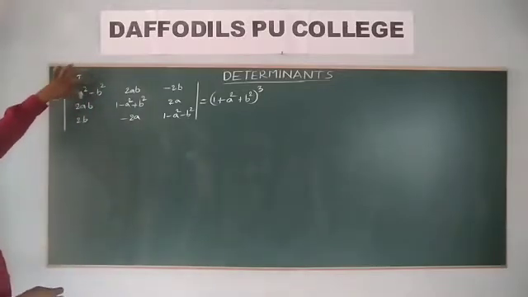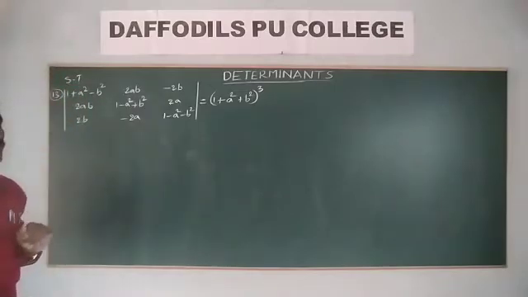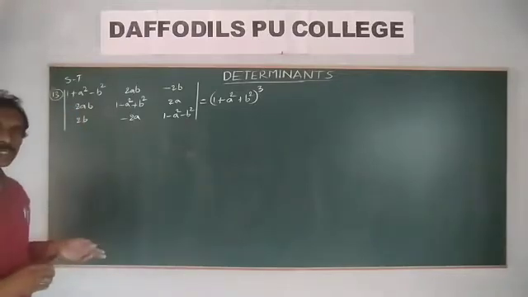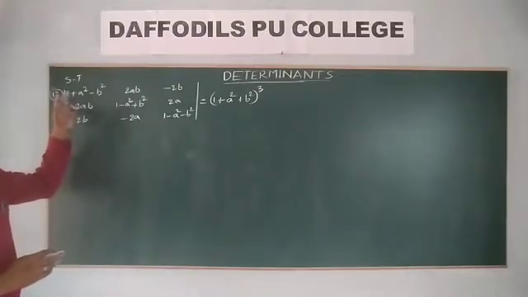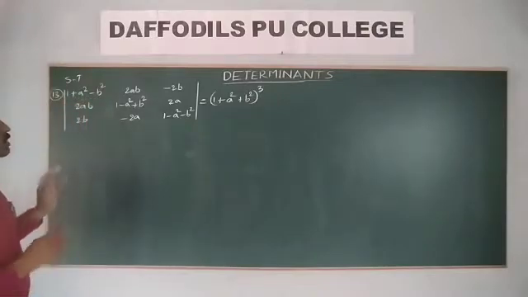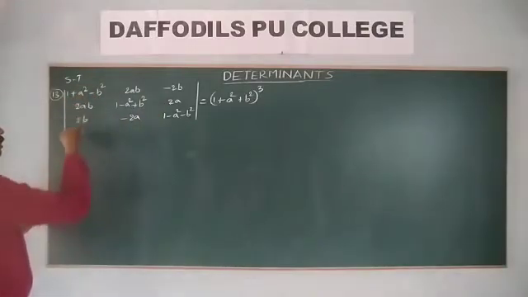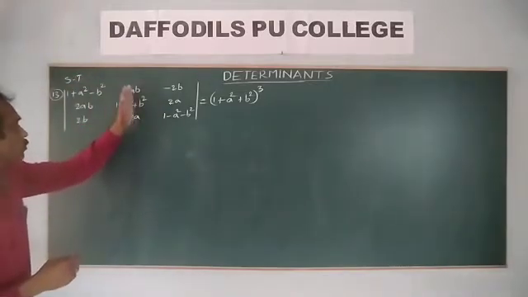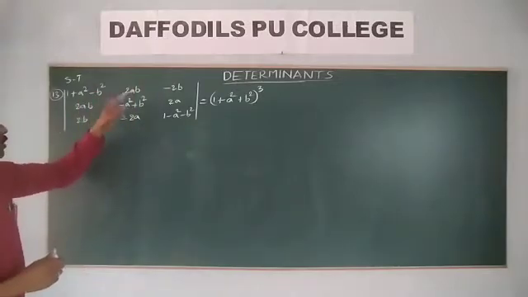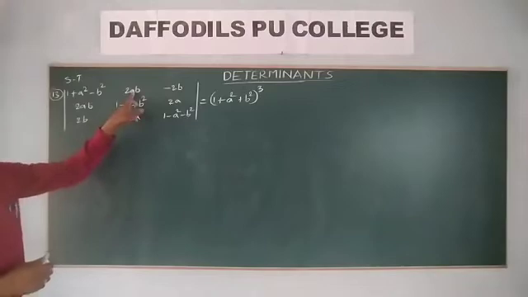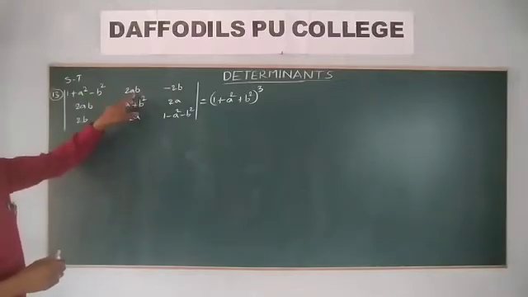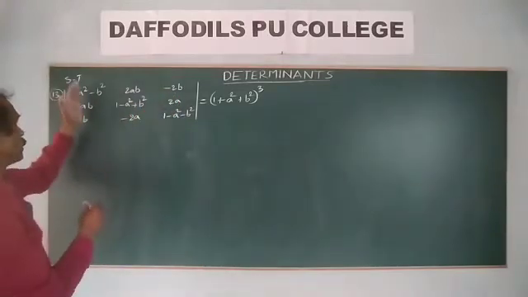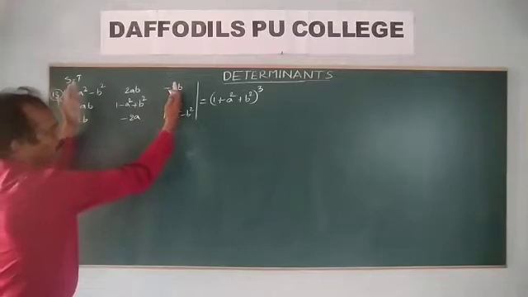First of all, I consider this element and want to convert it to this one. How to get 1 plus a square plus b square? Here only 1 plus a square minus b square is there. We consider column operations with the corresponding elements. Here the first element, so in the other column also the first element. The A B combination is not possible here, only the B combination is possible. So C1 and C3 and corresponding elements.